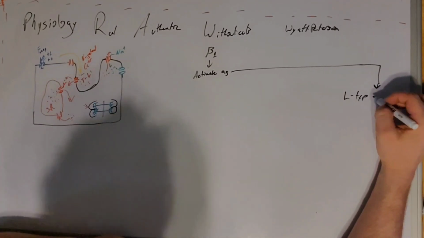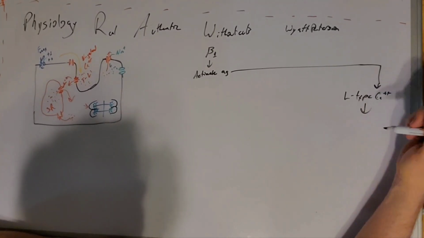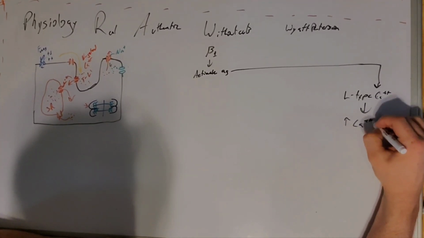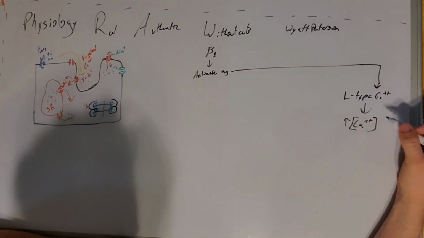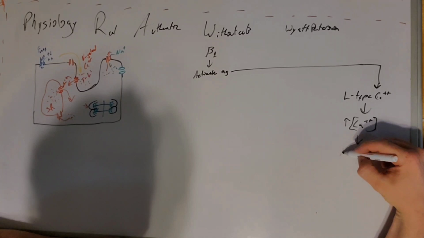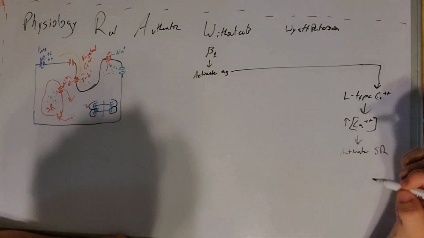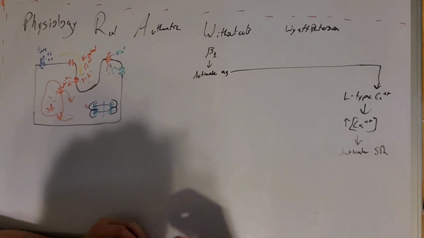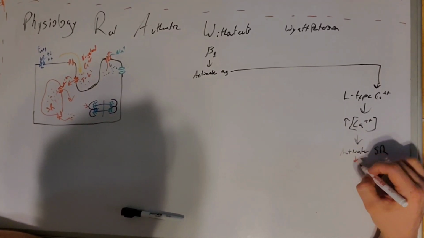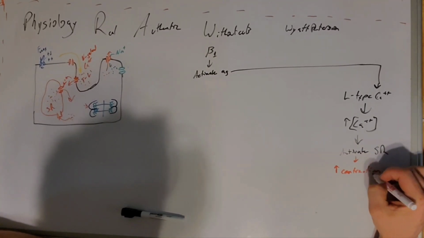And so right off the bat, that subunit can interact with L type. Remember the L type calcium channels I was talking about over here? And then that will increase calcium concentration in the cell, which could open the SR, so like activate SR. I should have done it in red. It's alright. Maybe I'll do the rest in red. And so that will increase contraction,